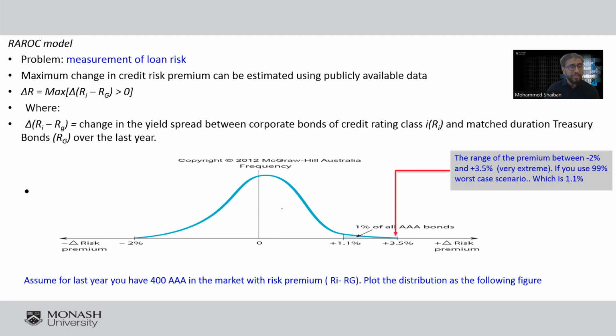So this is a distribution of all the companies, which is RI minus the risk-free. There will be a difference for all those companies. If there are 400 companies, we will distribute them here, and we will calculate the 99% and the highest difference. This is the big change or the extreme change in the interest, which will decrease the value of the loan. So this is the maximum interest that can increase.